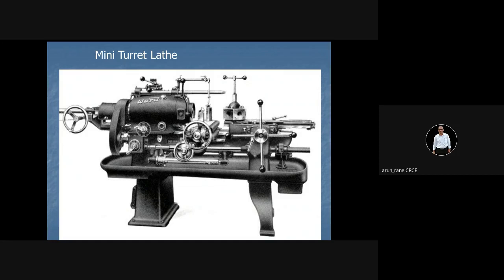When this material is finished, the operator has to load or insert another round bar from the back side. So the operator's presence is required only for loading and unloading the component, and that's why it is called a semi-automatic lathe. In fully automatic, even the loading and unloading is automatic. That means once the machine starts, nobody has to go there. No operator intervention is required. That is in case of fully automatic. That is the difference.